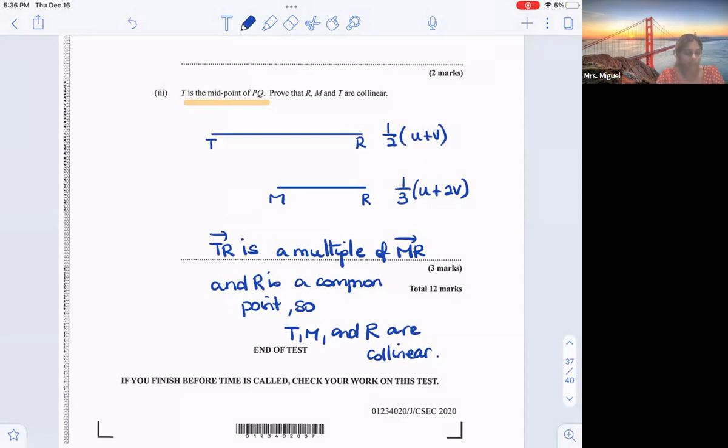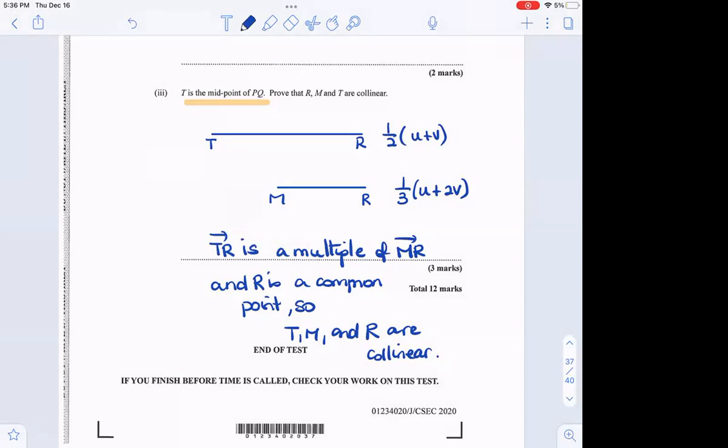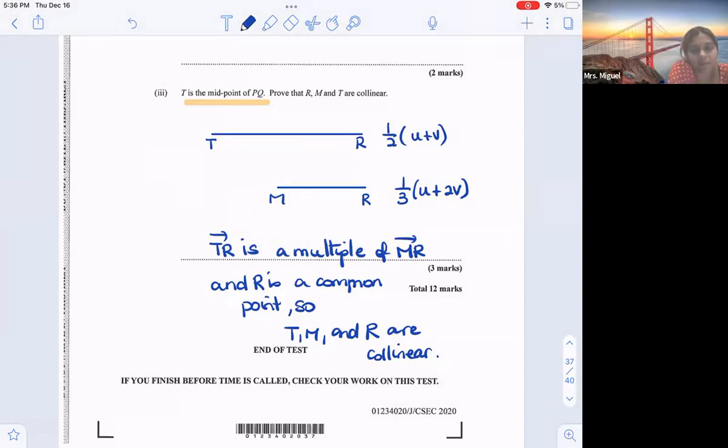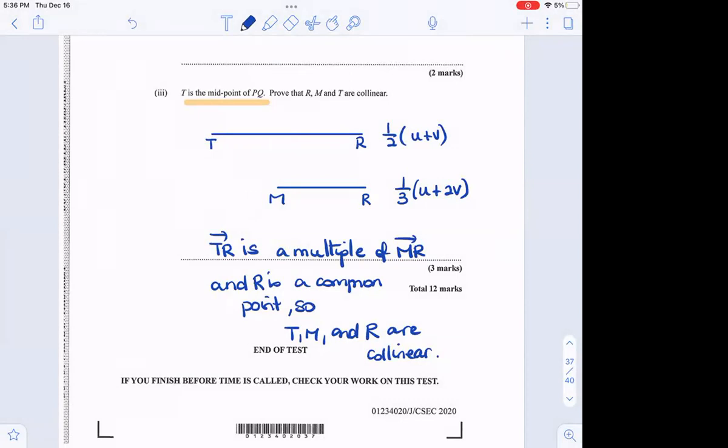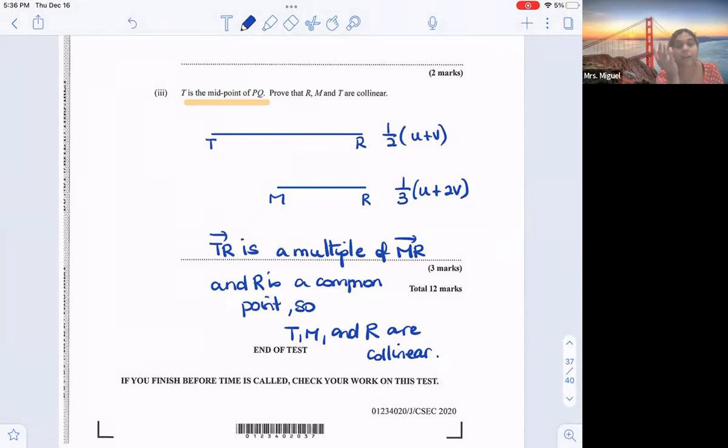All right, are you all finished? Yeah, miss. So once we do a couple questions on vectors and matrices, you're all supposed to be able to get the hang of it. There's a video on collinearity. I will get it and I will send it for you, right? All you need to know how to show the vectors are collinear, how to find the vectors in terms of the other